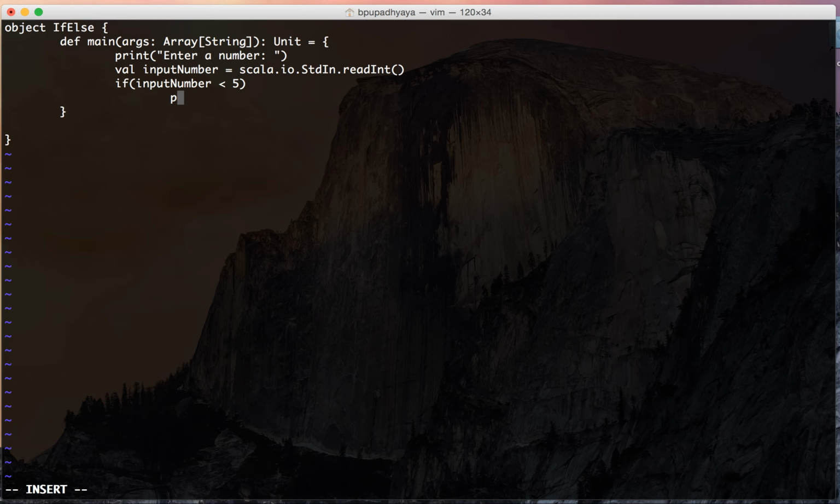So I'm just going to write println, the number is smaller than 5. Okay, and I can have else. Within else also I have only one statement, so I don't need a curly brace. So I can say number is